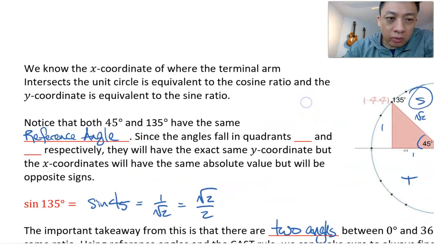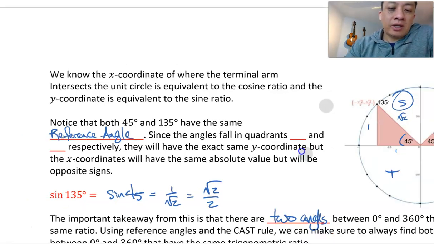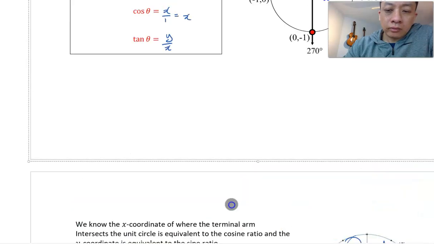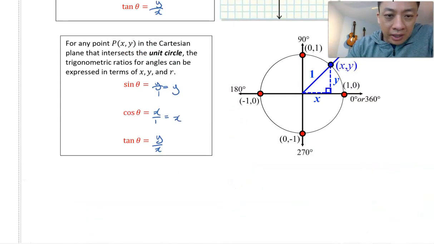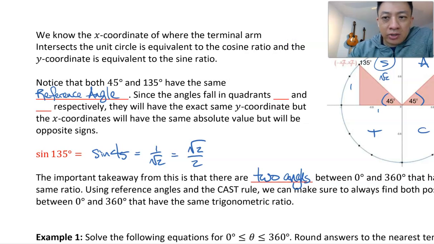It says, we know the x-coordinate of where the terminal arm intersects the unit circle is equivalent to the cosine ratio, and the y-coordinate is equivalent to the sine ratio. Because, like we said, sine theta is equal to y, right? So then the y value is actually equal to sine theta. You can say it in reverse: if cos theta is equal to x, then x is equal to cos theta. So, using that as an understanding,